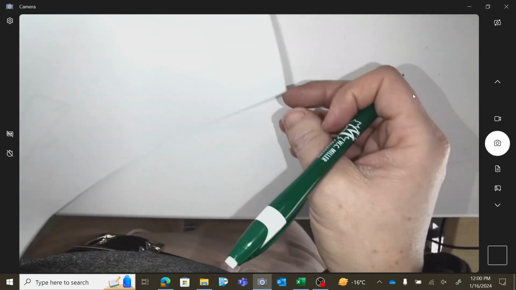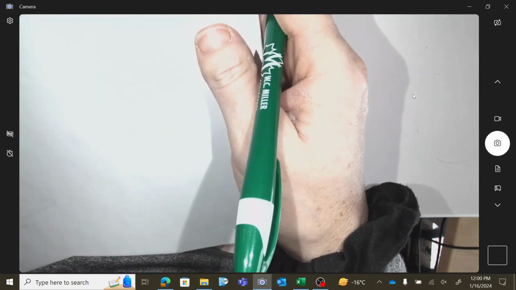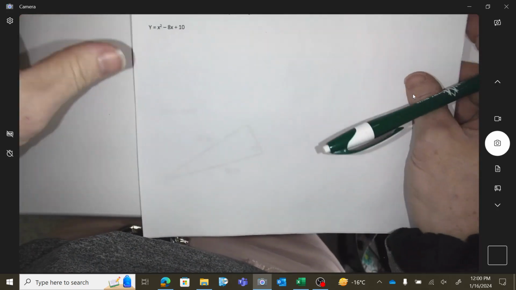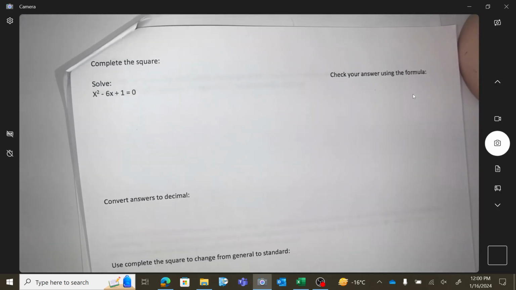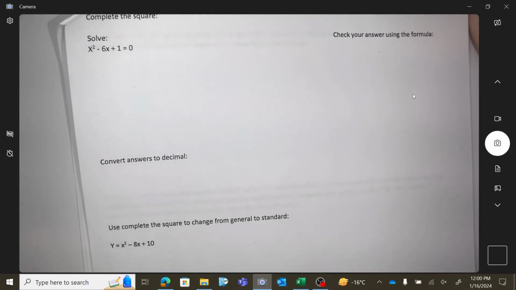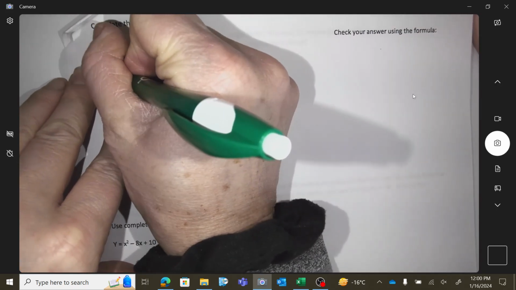Okay, last part of quadratics that I have here. Okay, complete the square. Complete the square. Okay, so the process is